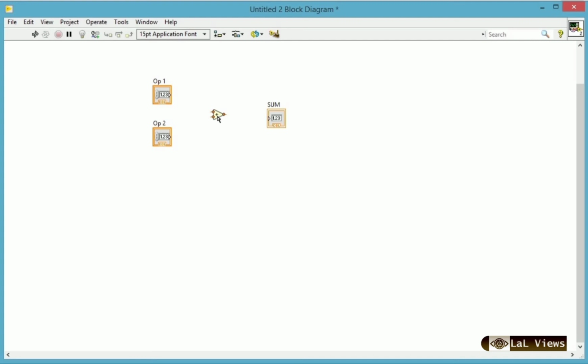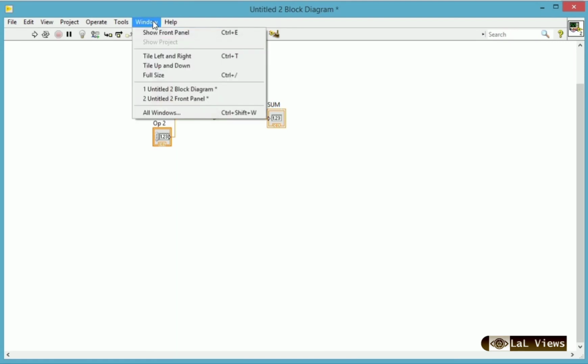So you can connect each of the operands to each of the input terminals, and the output to the sum. Okay, so this logic performs operand 1 plus operand 2, and the sum will be displayed in the indicator.